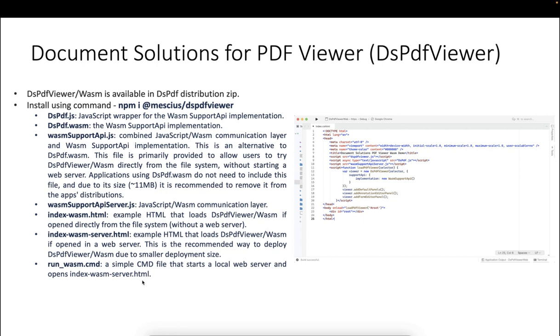And we also have a CMD file, run_wasm.cmd. It's a simple CMD file that starts a local web server and opens our index-wasm-server.html file. These are all the files that are specific to the DsPdfViewer WASM version, and this is the code that you should include in your web apps to run the WASM version. So have a look at our distribution zip from the website or install DsPdfViewer to have a look at our